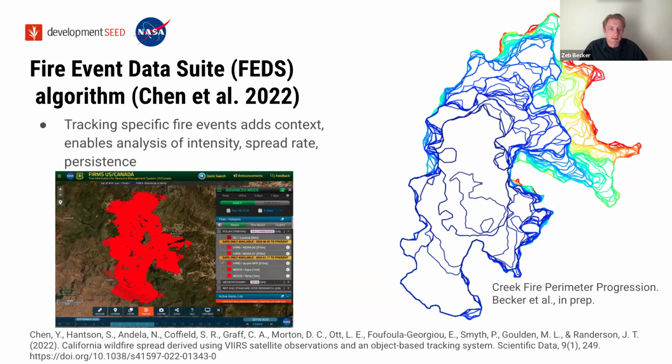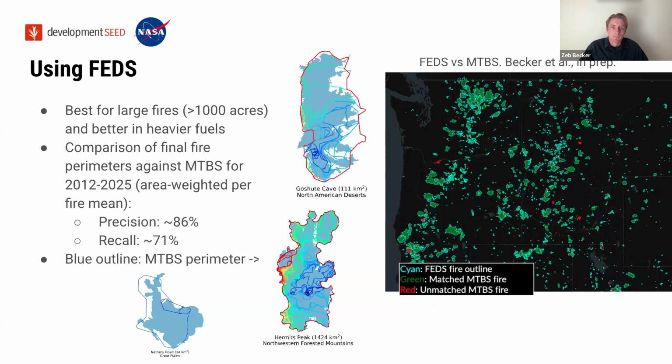So next slide, please. You might be wondering how this compares to other places that you might find perimeters from. I want to quickly run through a couple of different sources and give a sense of what level of accuracy we're working with here. I have a whole paper in prep about this, so I'm going to try to condense a lot of detail into one slide, but I want to build some qualitative understanding of what this looks like.